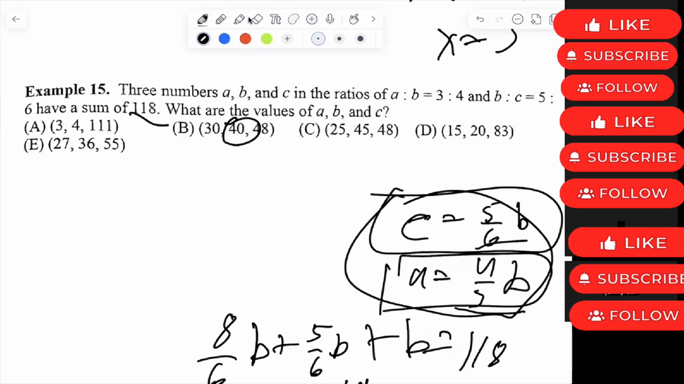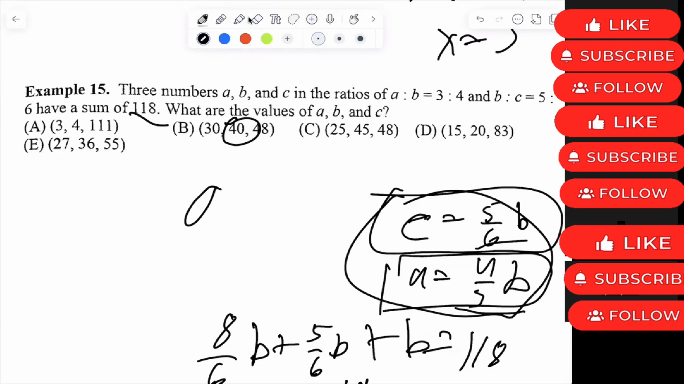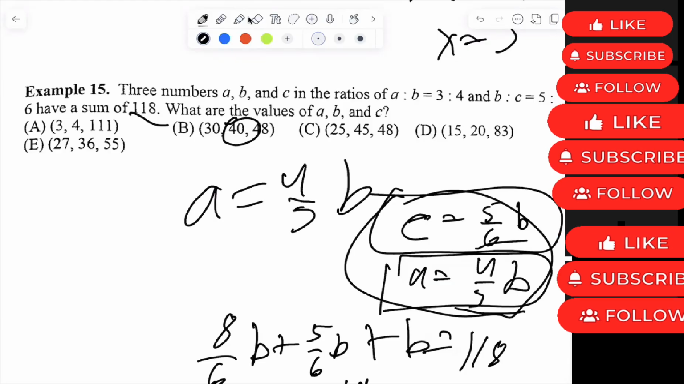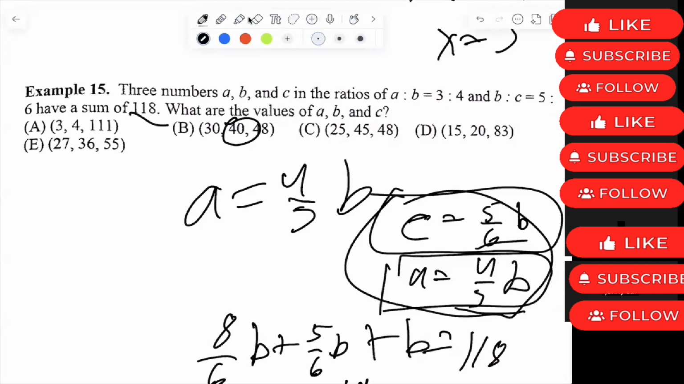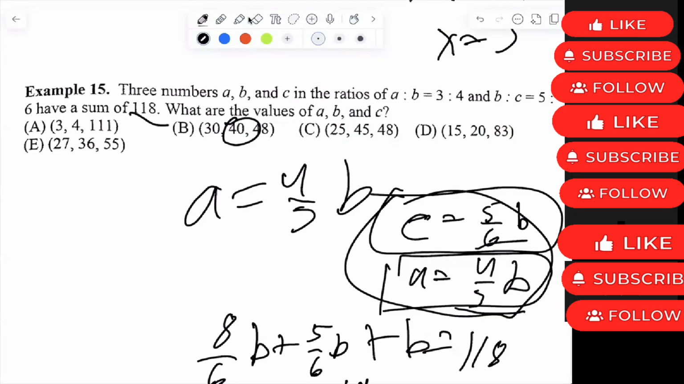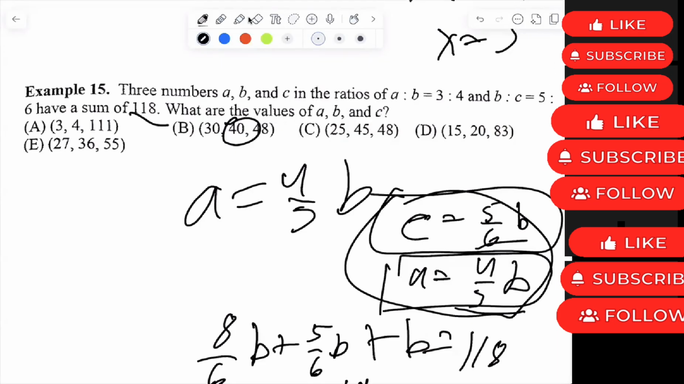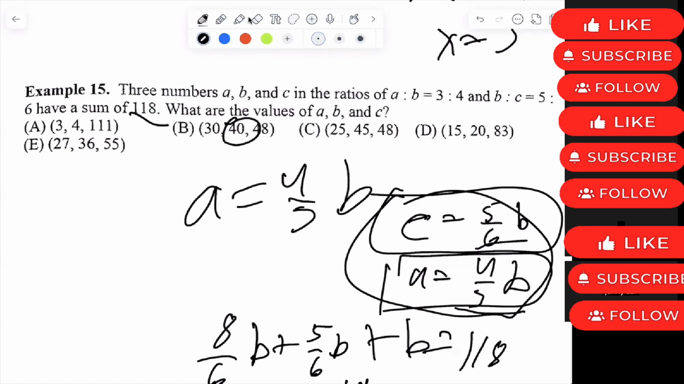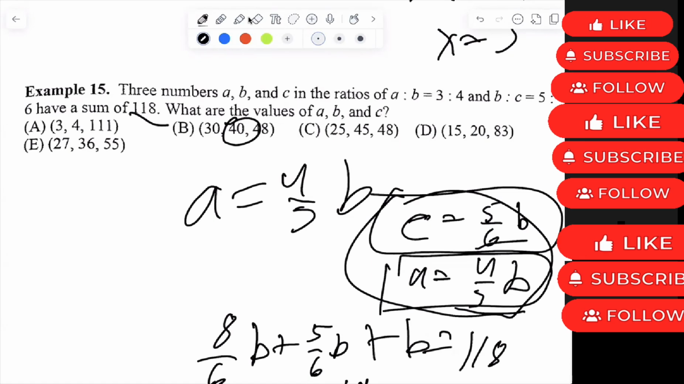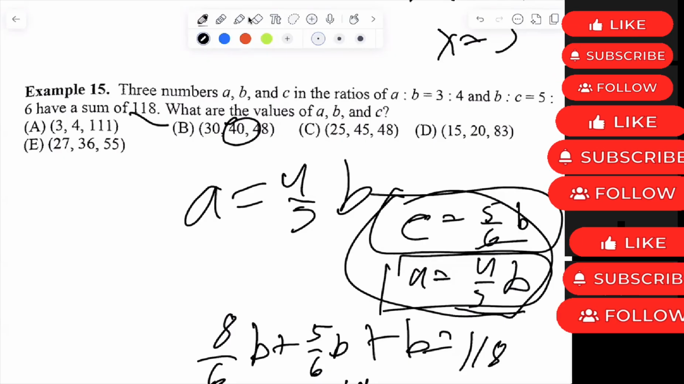Well, let me see. A to B is 3 to 4, so we have A is equal to 4/3 of B, if I'm correct, since 3 A's is equal to 4 B's. Similarly, 5 B's is equal to 6 C's. So B is equal to 6/5 of a C, or C is equal to 5/6 B. Yep. Now from here,